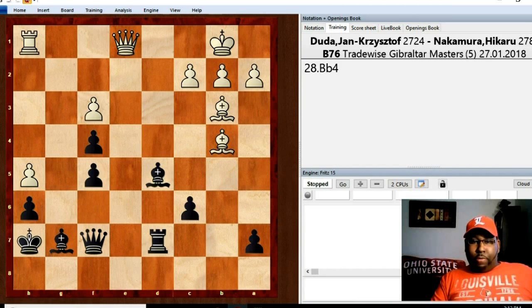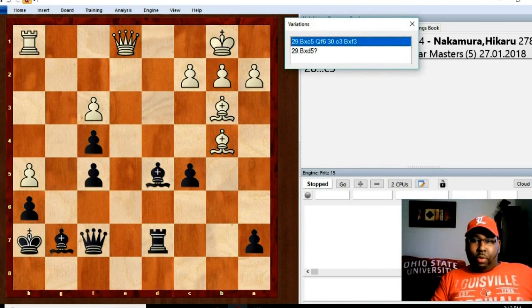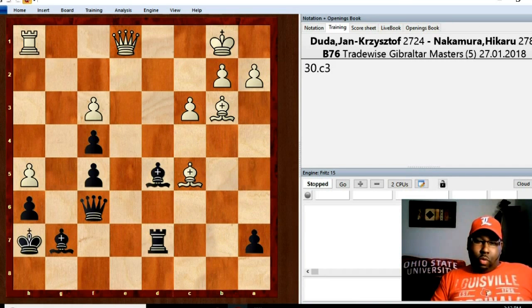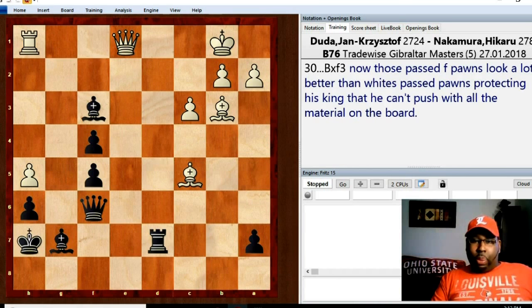Now you have bishop b4. This is like a pawn sack here that Duda does not go for. He plays bishop takes d5. But if he would have gone for the pawn sack here, then you would have this sneaky move here, queen f6, threatening checkmate on b2, c3 to block, and then black can go ahead and get his material back with bishop takes f3. And now if you look at the position,